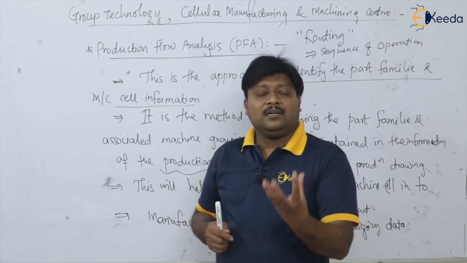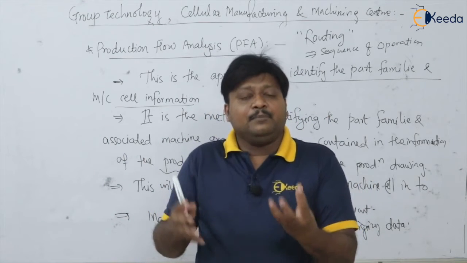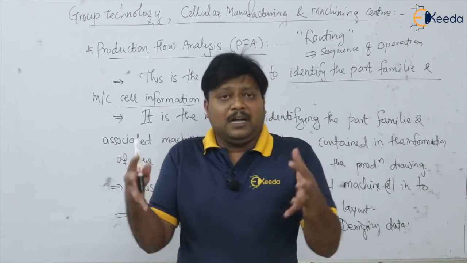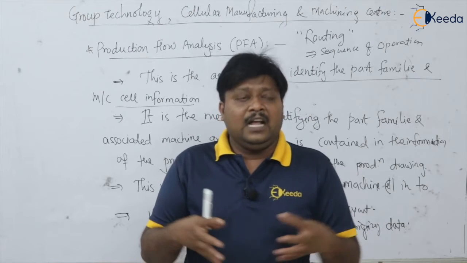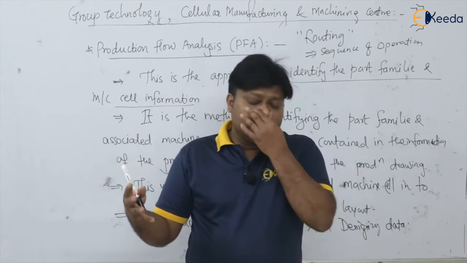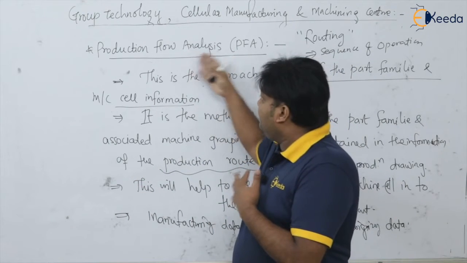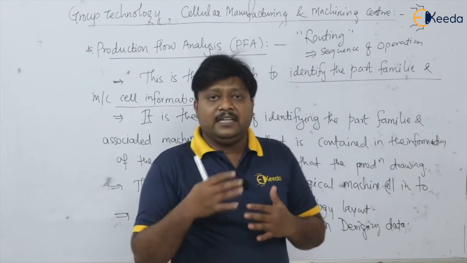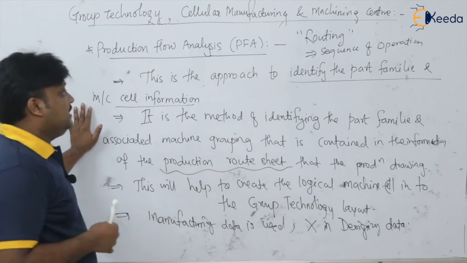जो भी पार्ट्स हमने ग्रुप फैमिली से पार्ट फैमिली से सेपरेट किए हैं based upon their similarity in the routing, so these parts, the collection of these parts or the group of that parts are known as the packs, and these packs are now displayed in the PFA charts, the production flow analysis charts. It is displayed there, and finally by having the cluster analysis